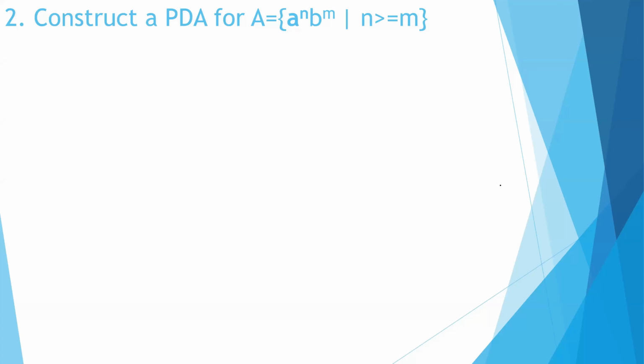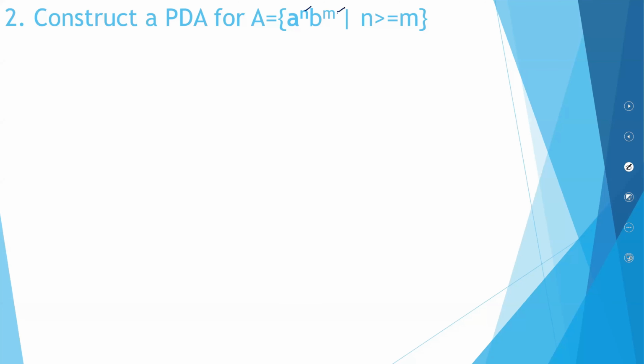A push-down automaton for a^n b^m. If you look into the language itself, you can understand that a normal finite automaton cannot be built for this, because you would have to remember the value of n. Then only can you get a value m which is less than n. So these strings are valid.